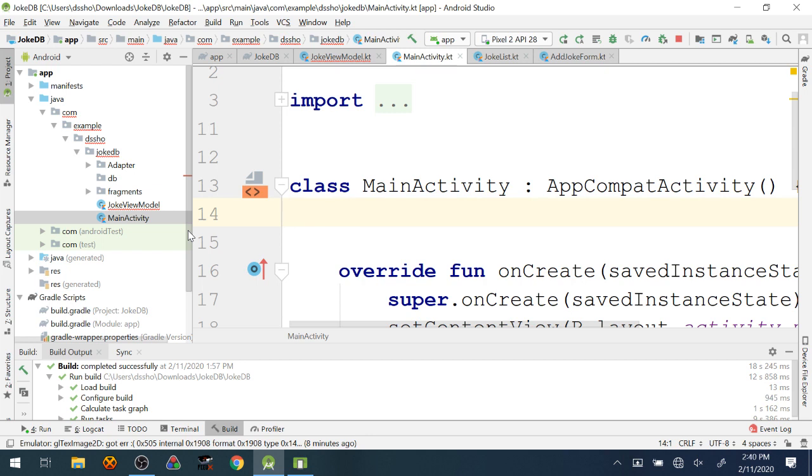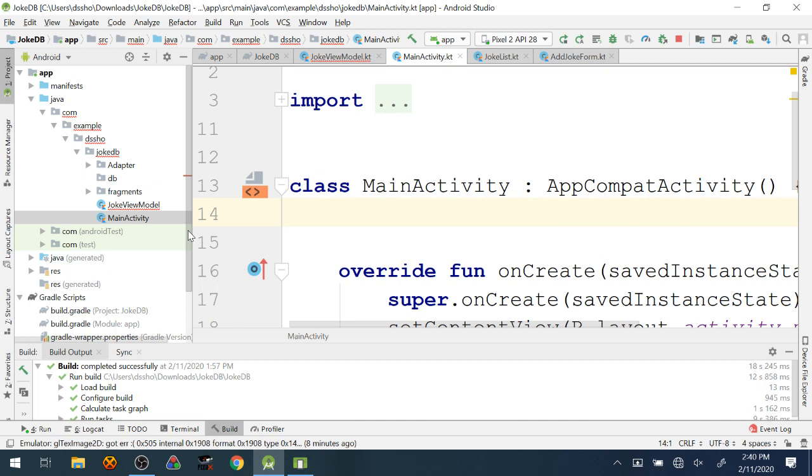We'll hook it up to a database. We'll set up a repository, which is responsible for actually accessing data from the database. And then we'll have the ViewModel, which sits in between the repository and the view to pass data back and forth, just like we did last week. So it'll be a good review of the model-view-ViewModel architecture that we have been using and are going to continue to use in this class, while using a slightly different form of model than what we used last week.